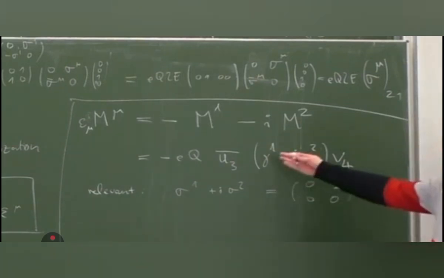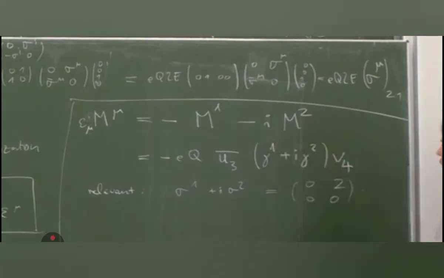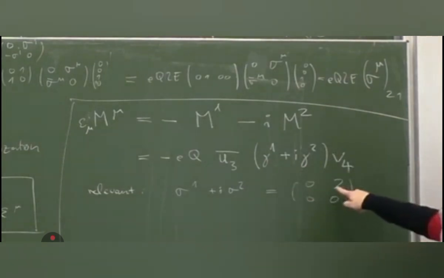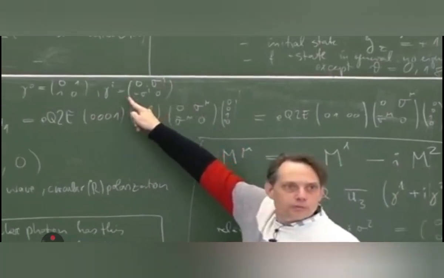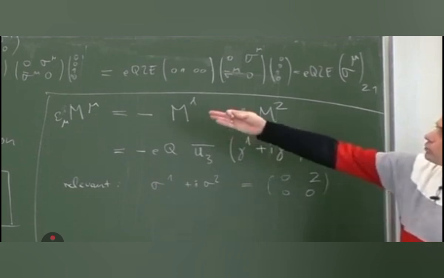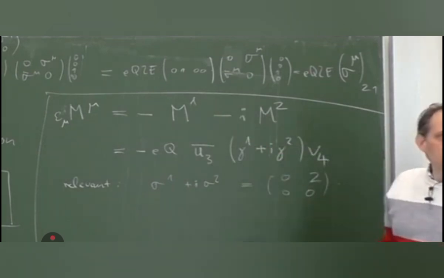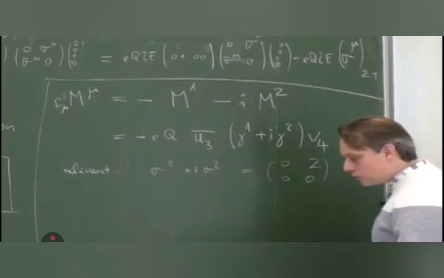And so you can plug that into the gamma matrix. And so here in this in between, you have a very specific 4x4 matrix where almost all entries are 0, except that one entry is 2 here in the upper block, and in the lower block one entry is minus 2. That's all. Everything else is 0. And so then that means you contract the two spinors with that matrix, which consists essentially of zeros, and two entries are plus minus 2. So and then this can be of course also explicitly evaluated.